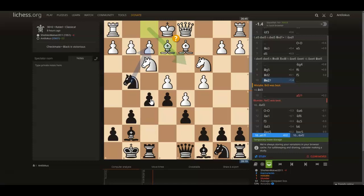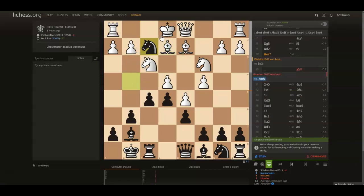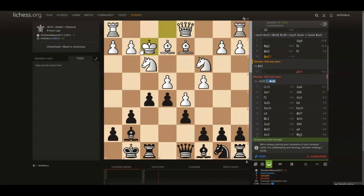Our f-pawn's up the board already. It allows a really interesting tactic. Knight takes f2, forking queen and rook, so king would really need to capture. We take on e4, attacking the knight, opening up the rook, and if white recaptures here, well, queen h4, and